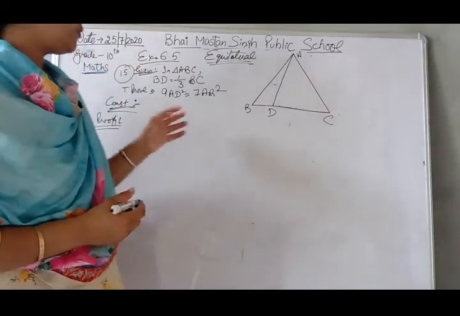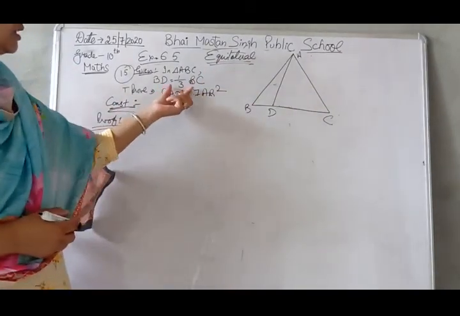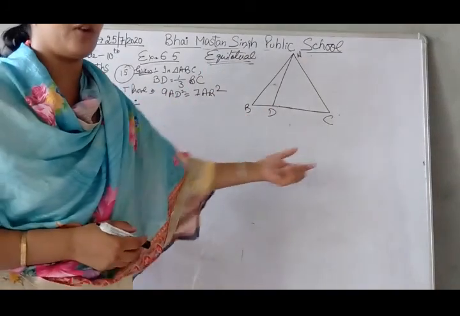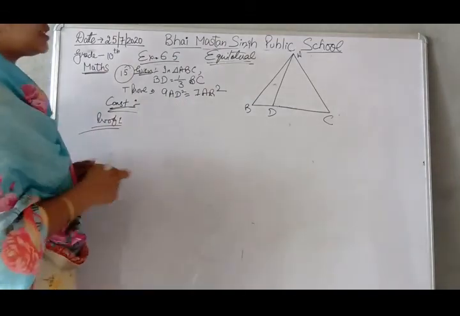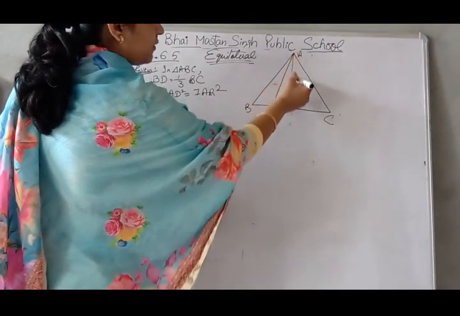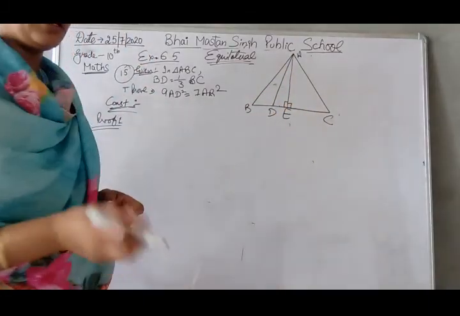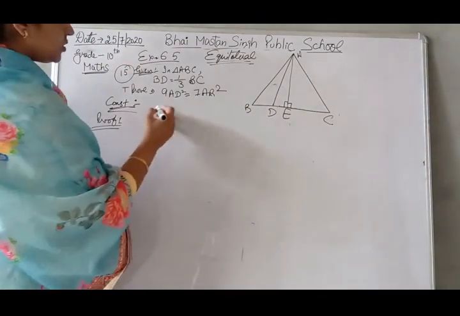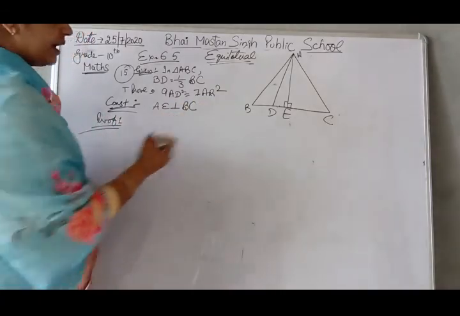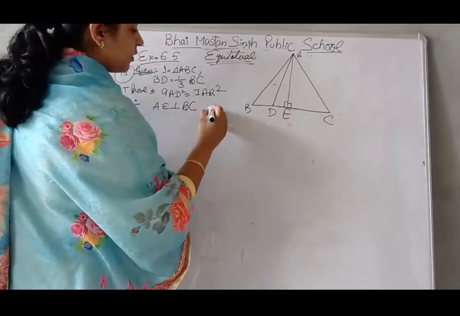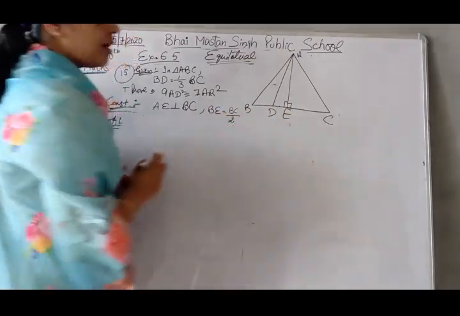Hanji student, next question 15 is they have given an equilateral triangle ABC in which BD is equal to BC by 3. BD is third portion of BC. We have to prove 9 AD square plus 7 AB square. If this is equilateral triangle, it means the altitude divides the opposite side in equal parts because altitude and median are same in equilateral triangle. So construction what I have drawn AE is perpendicular to BC, and if this is median also, so what will be the value of BE? BC by 2. It means BE है जो BC का half over.